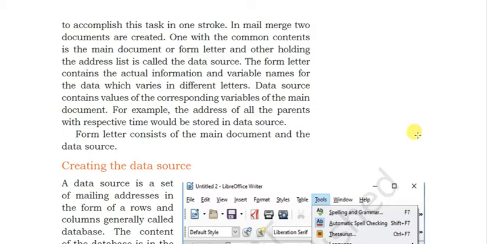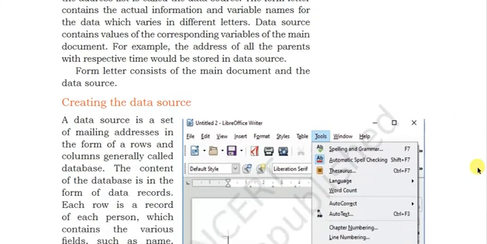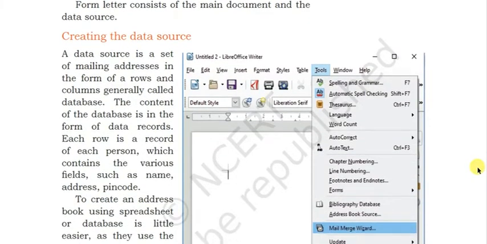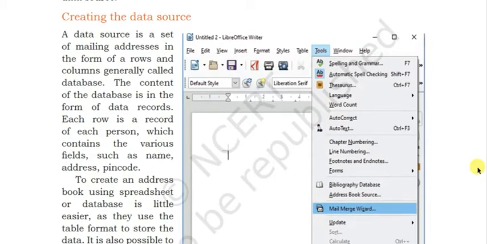The form letter consists of the main document and the data source. So how to create the data source is the first step. A data source is a set of mailing addresses in the form of rows and columns, generally called a database. The content of the database is in the form of data records.